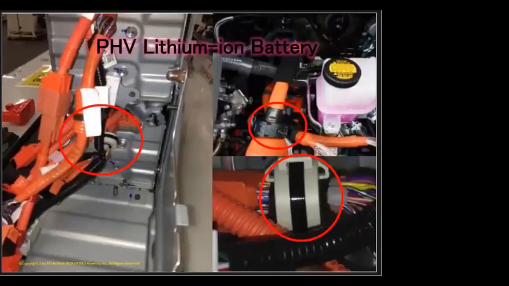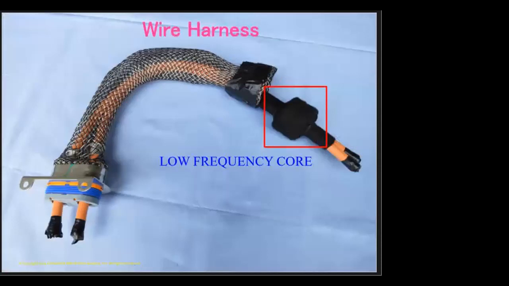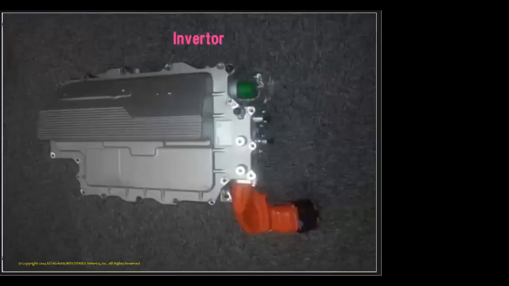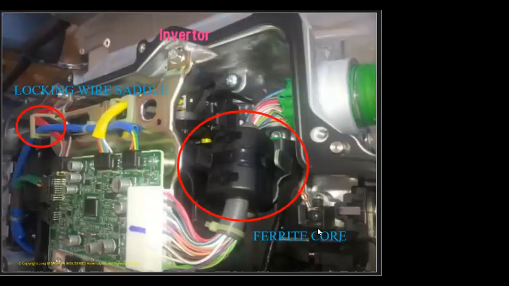And this is where they're using the ferrite core to solve the issues on the battery side. This is another wire harness application using our off-the-shelf ferrite for the AM frequency band for filtering purposes. This is the view of the inverter, and you can see that our ferrite core is where they were attached in that orange cable there.